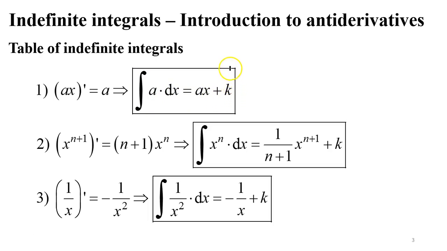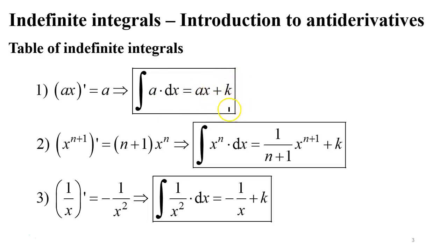So over here, this is why the integral of a times dx is equal to ax plus k, of course, because over here I could be finding the derivative of ax plus any constant, and the derivative of a constant is 0. So in that case, I would end up with just a as a derivative for all of them. So this is our first rule. Whenever you integrate a constant, the antiderivative would be the constant times x, plus, of course,